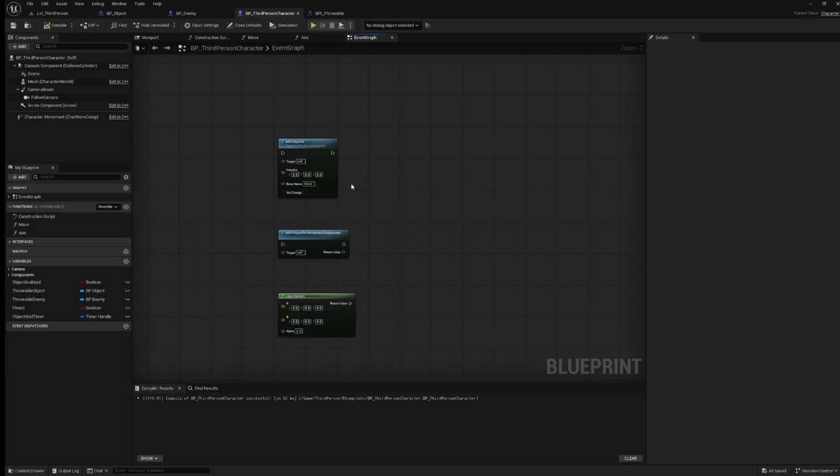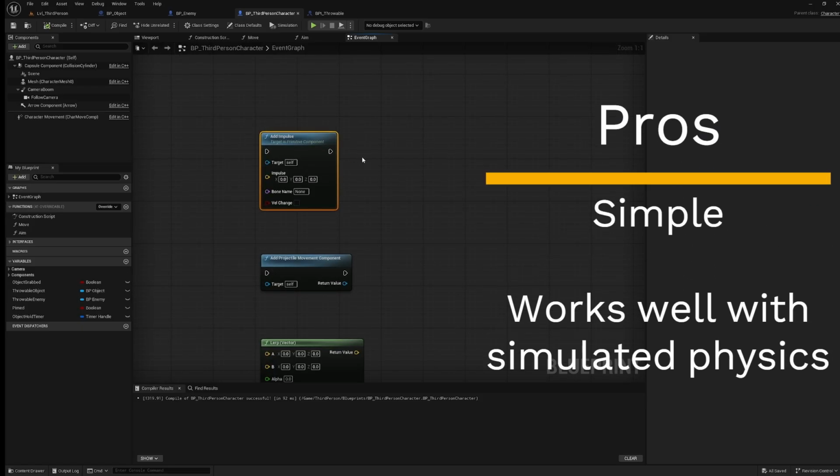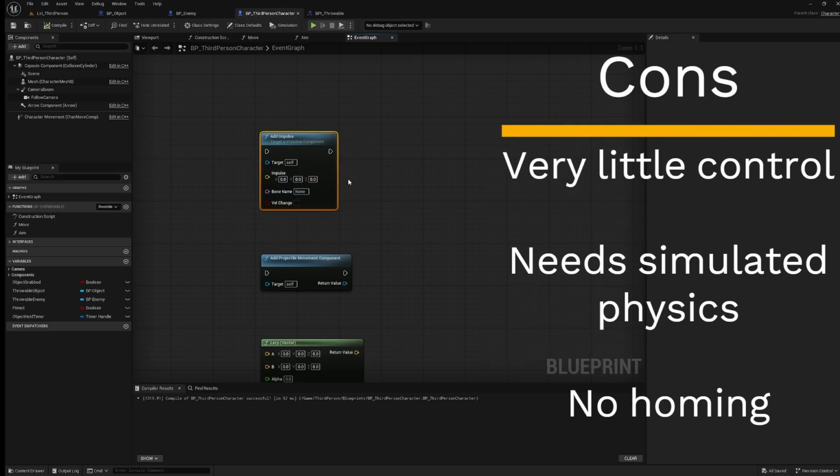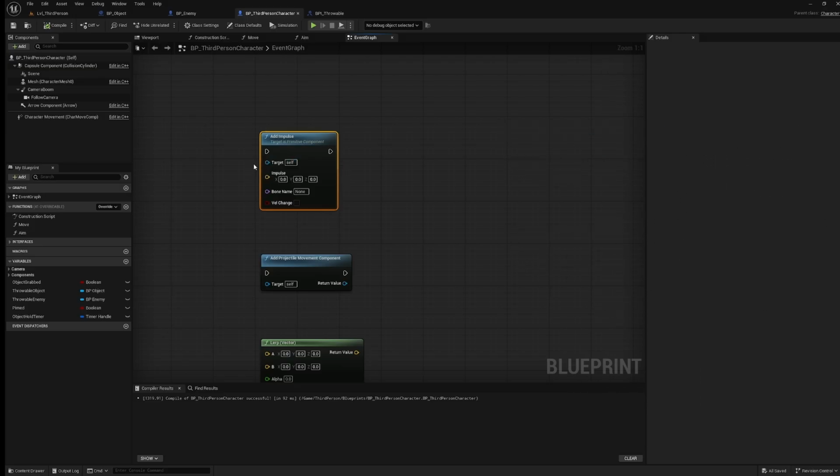Now, this tutorial is going to go through 3 different options for how to throw our projectiles, and this will also bleed into our third part of working with our character blueprint. If you've looked up any tutorials on how to throw objects, you most likely have seen add impulse before. All it does is apply a force to a target in a vector. So if we add a forward vector, whatever object we have set as the target is just going to fly in that direction. It requires the use of simulated physics, so we can't turn that off. Luckily, we've already set up this project to work with simulated physics from the jump,